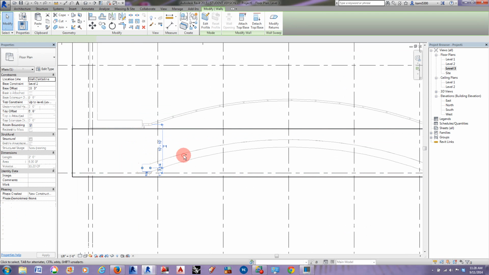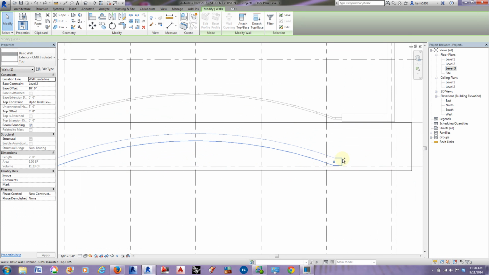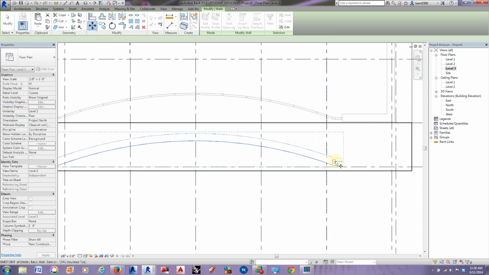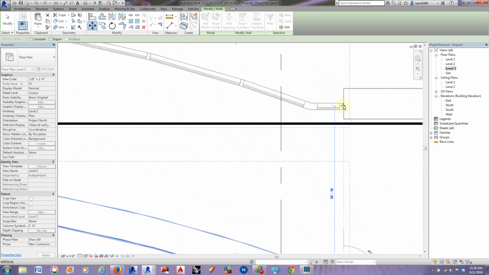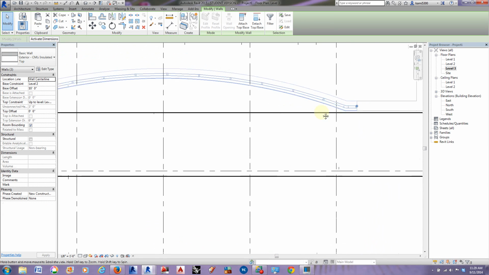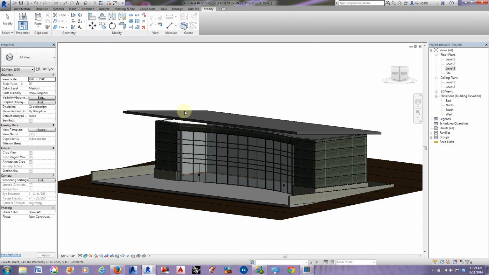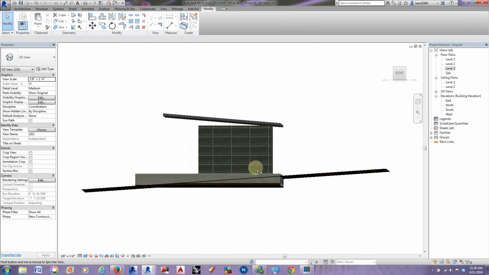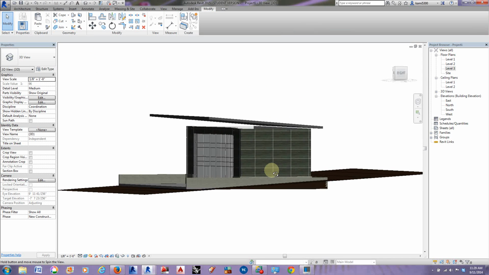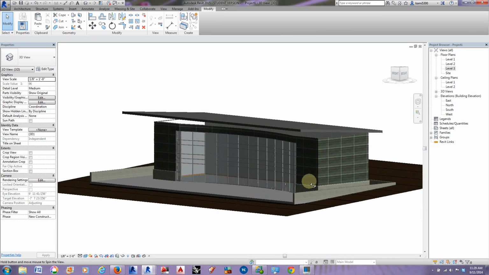That didn't quite grab where we wanted them. So we want the midpoint or end point of the wall, not the curtain wall. And so now those are lined up fairly well. Okay. So now we have our roof where we want it to be,